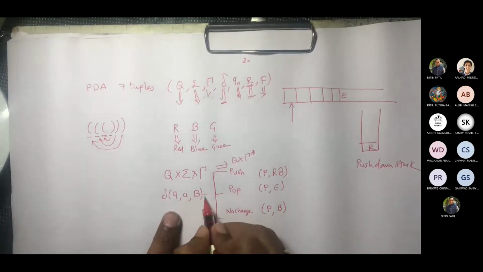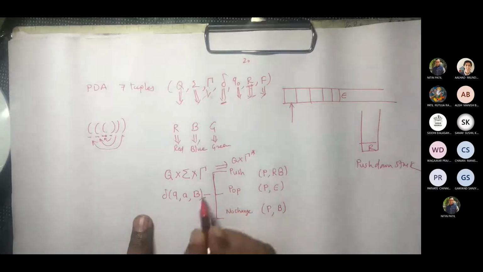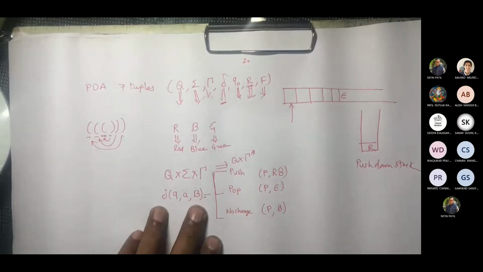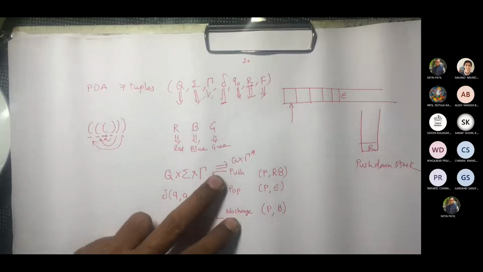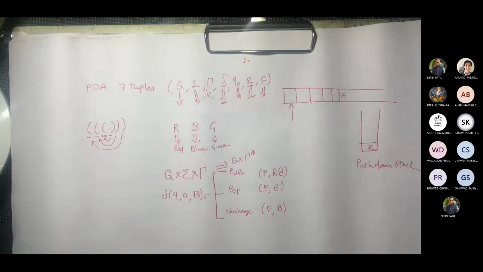So if this is my operation, these three would be the kinds of operation. If I apply this transition function, as a result of execution of the transition function, one of the actions will take place. We have to make sure that as per the standard stack operation, we push only one element on the stack. Okay, are you with me?